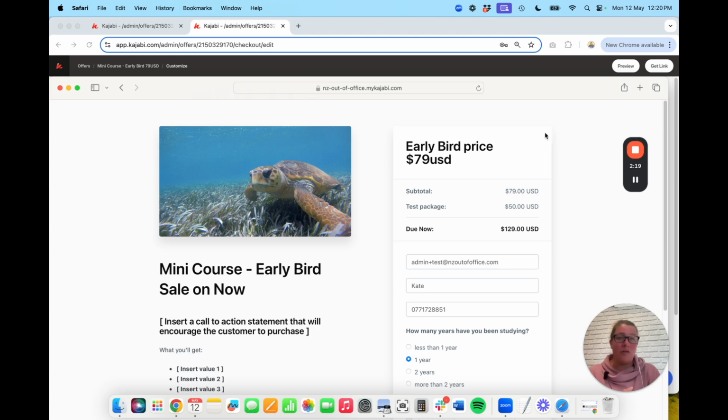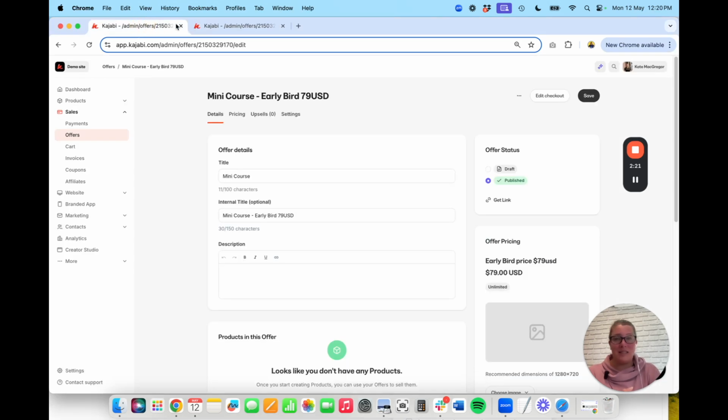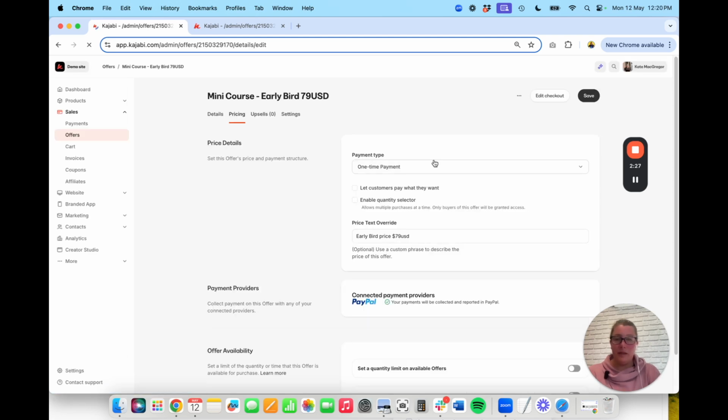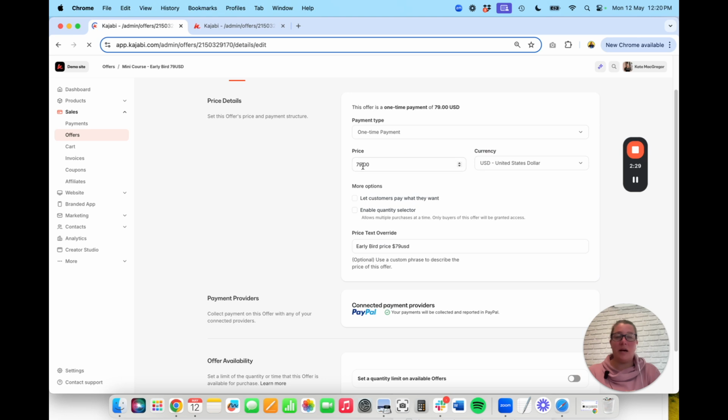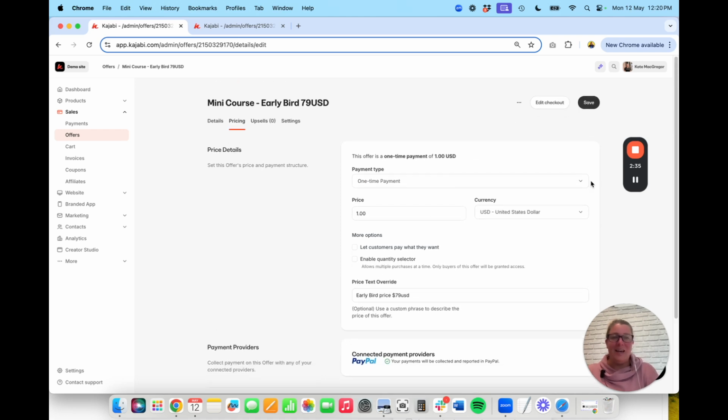So I'm going to go back over to my main browser that had the settings here, and we're in the back end settings area, and I'm going to go to pricing. And I'm going to change the price to just $1. Now you need to remember that you need to come back and change it again after you've done the testing. So if I press save,